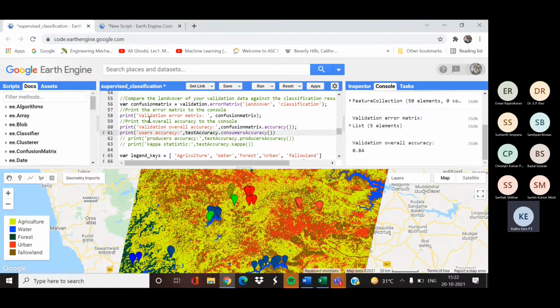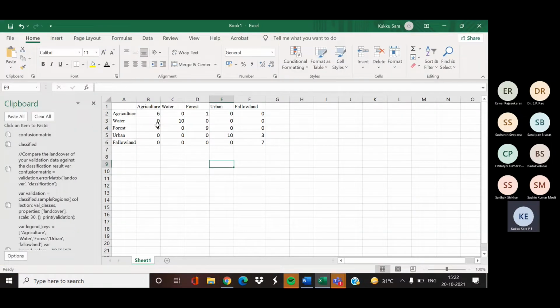For that, give your error matrix dot consumer accuracy. You can see that 6 pixels are correctly classified as agriculture, but 1 pixel which actually belongs to forest is also classified as agriculture.